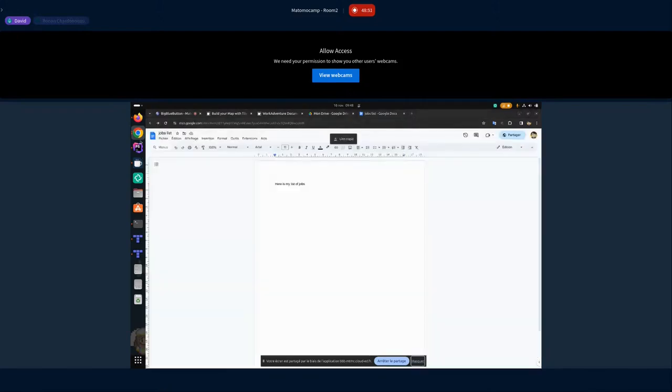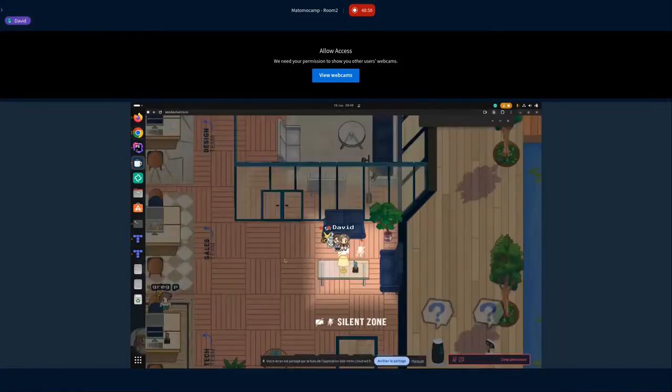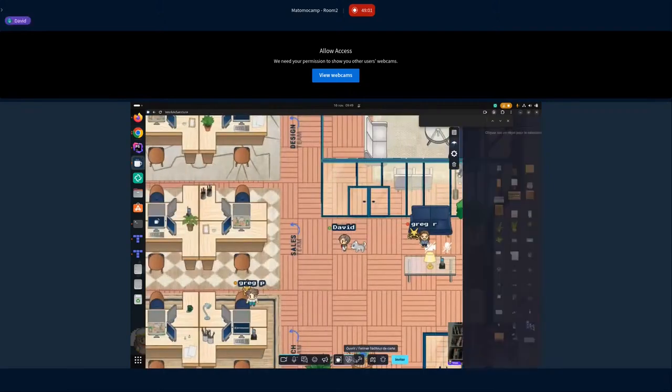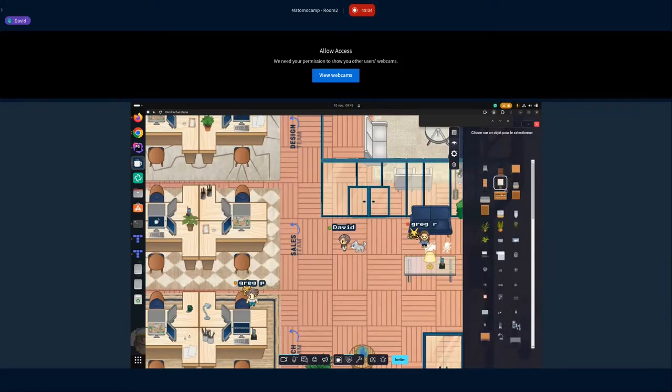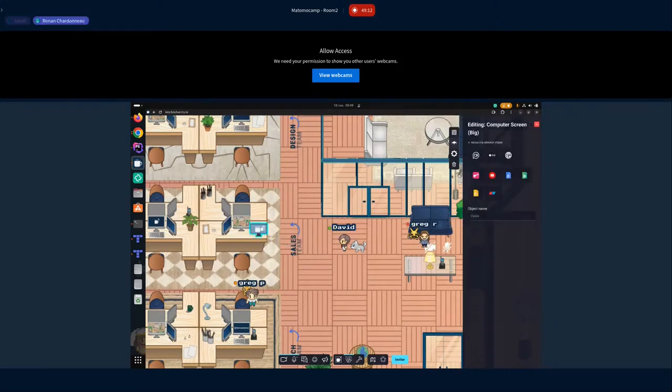And from here, I'll go back to WorkAdventure. I'll use the inline map editor and say, okay, when you go to this computer here, you can open a link to my Google Doc, and even here I'm going to put a see job list button.